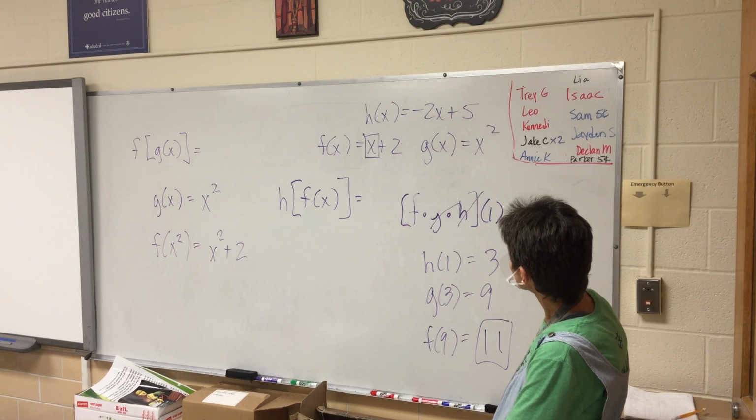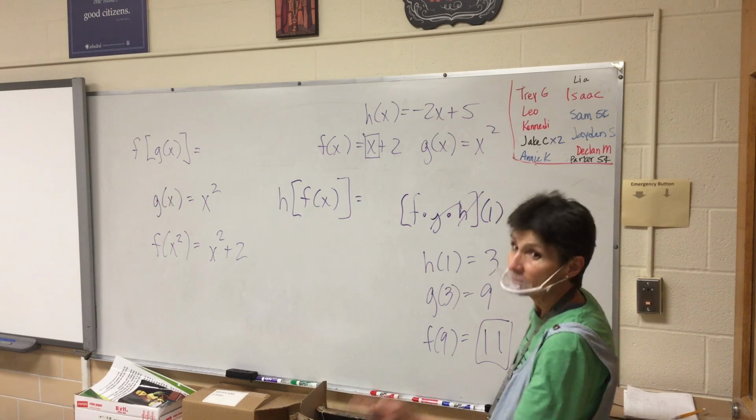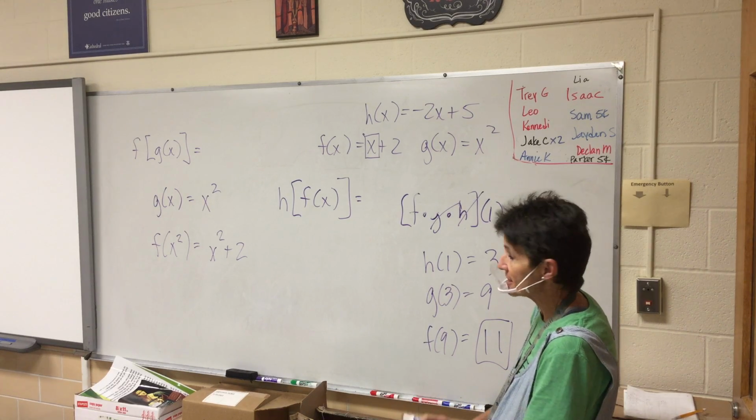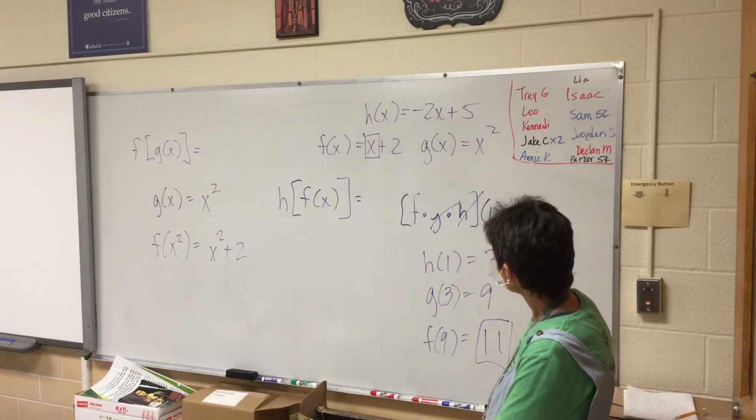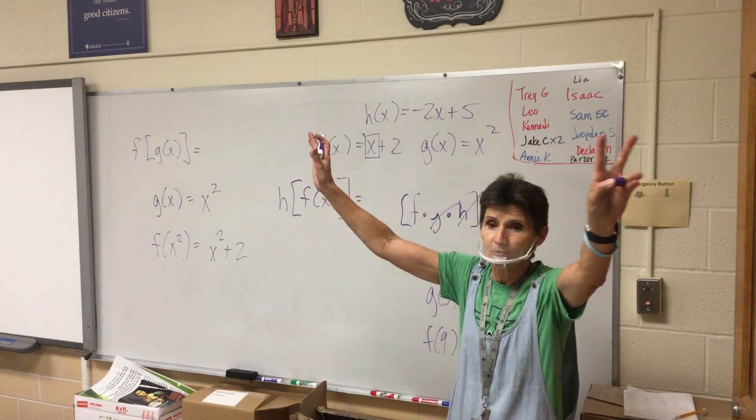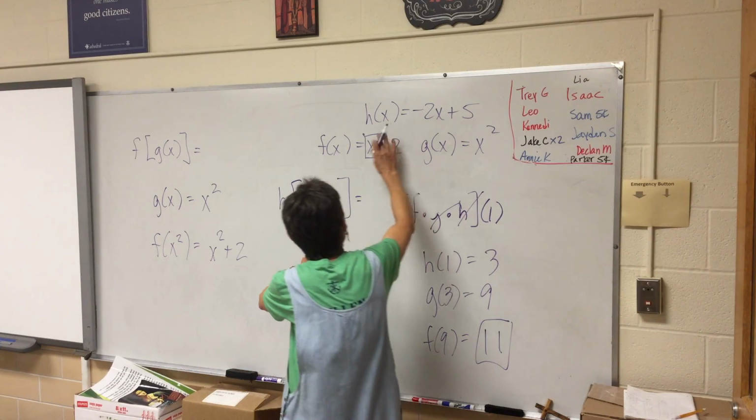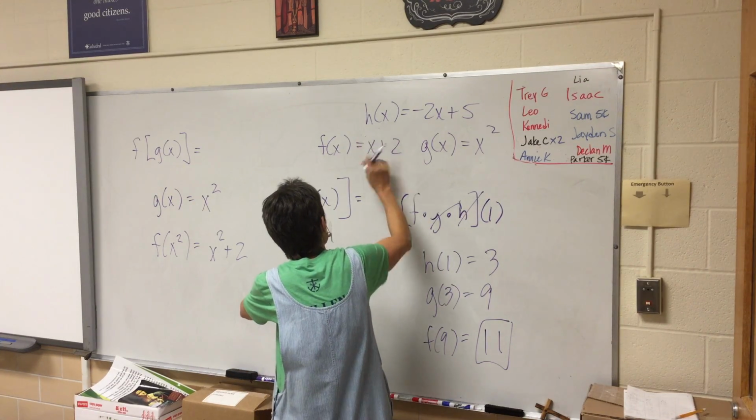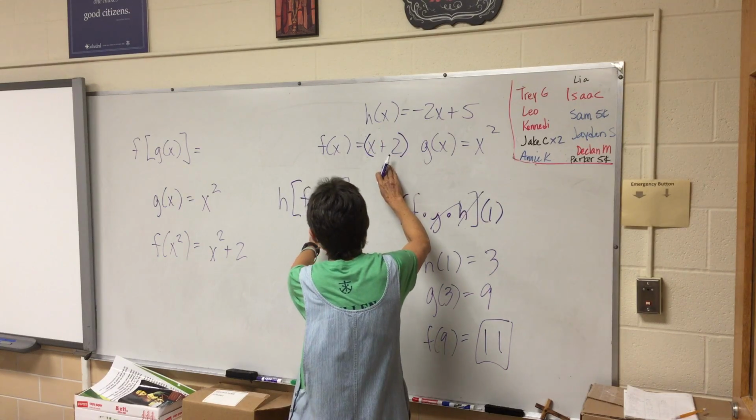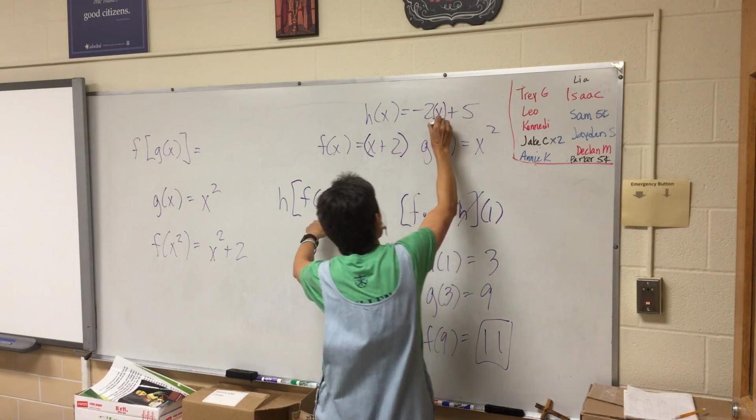Negative 2 parentheses. You would just be... You're right. Negative 2 parentheses, x plus 2, and parentheses plus 5. You're wonderful. Gabe said, look, this says take the f function, which is x plus 2, and put it in